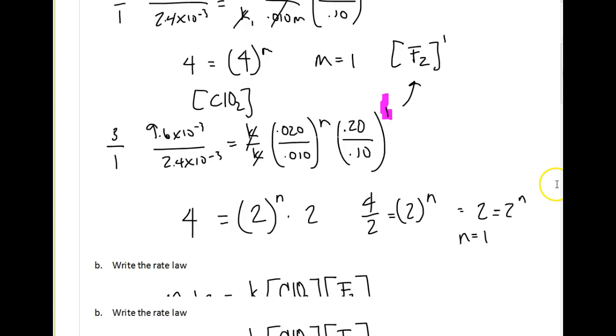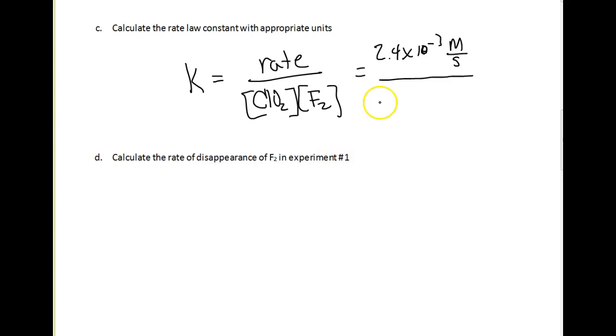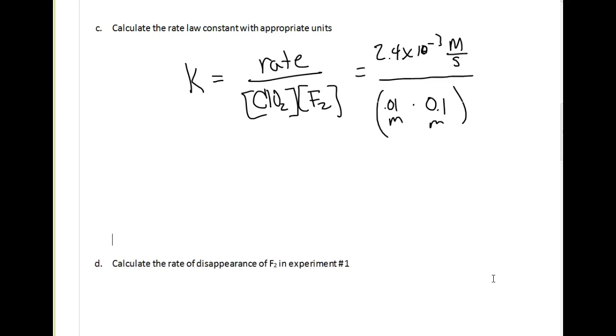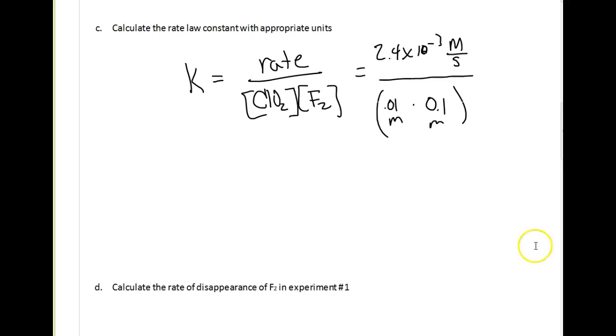So we have 0.01 multiplied by 0.1. These are both molar, both raised to the first power, so we don't have to square or cube or anything like that. So let's go ahead and run this through our calculator real quickly and see what comes of it. Okay, so we punched that in, and I've got an answer now of